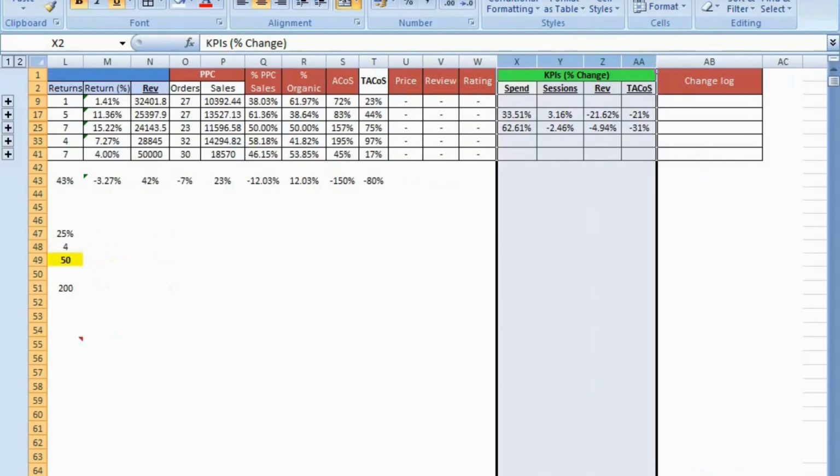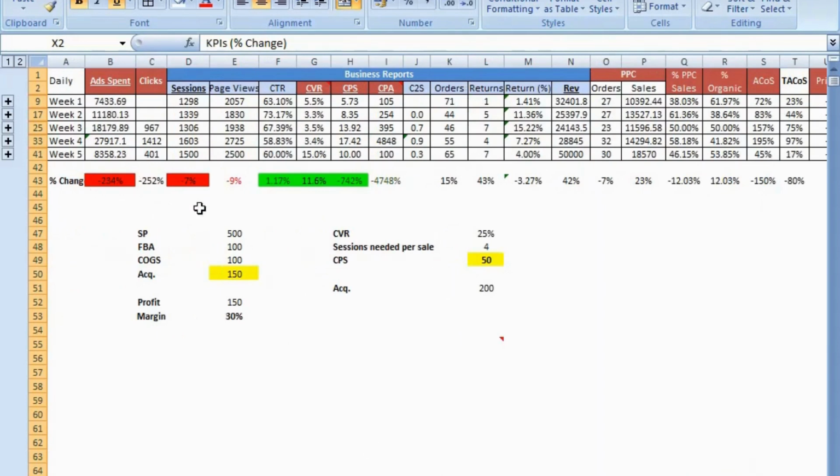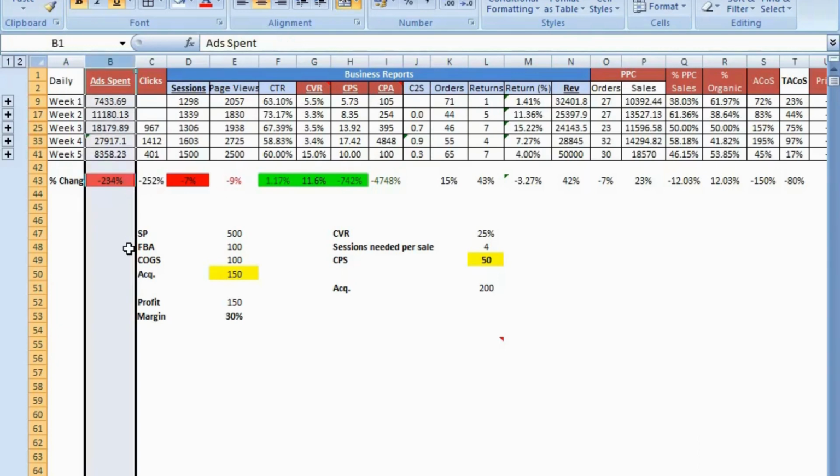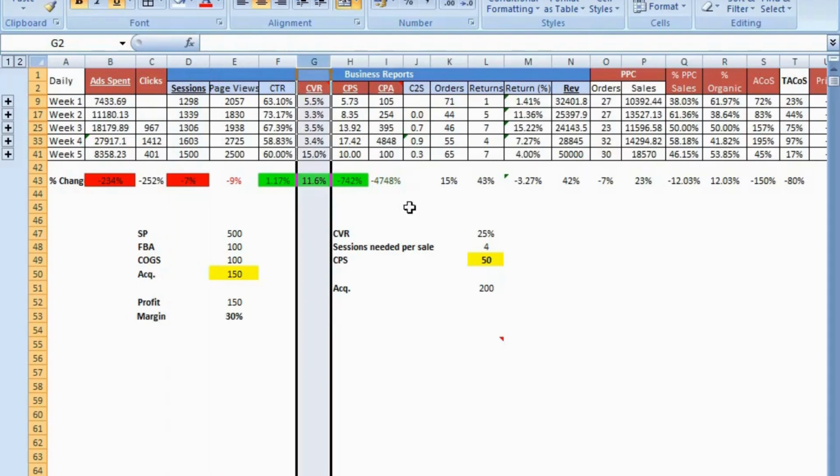In addition to this, we also have something called a change log. Change log is nothing but, let's say we reviewed this data set and decided to reduce the price by maybe 20% this week. Then we will put a small note there and monitor the performance for next week, and we'll come back to this tracker towards the end of next week and see how we performed, right? Did our ad spend go up or down, did sessions go up or down, and what impact does it have on conversions? This is how we generally analyze our data.